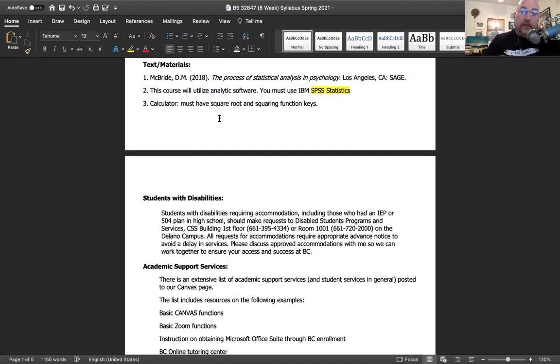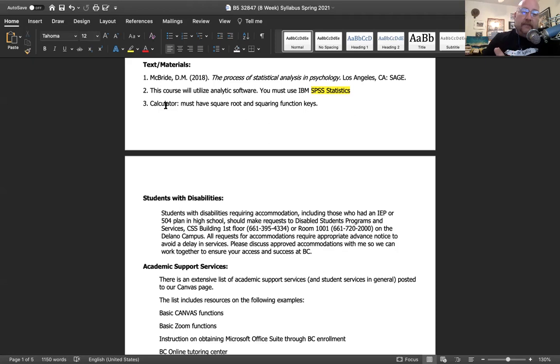We'll be there pretty quick, though. We'll be looking at that in week 2. So I'll post information for you about how to access SPSS for free. So you don't need to buy anything there, right? If the bookstore is selling something that has SPSS attached, you don't need it. I found a way to get it free for you. Okay, and that's really it.